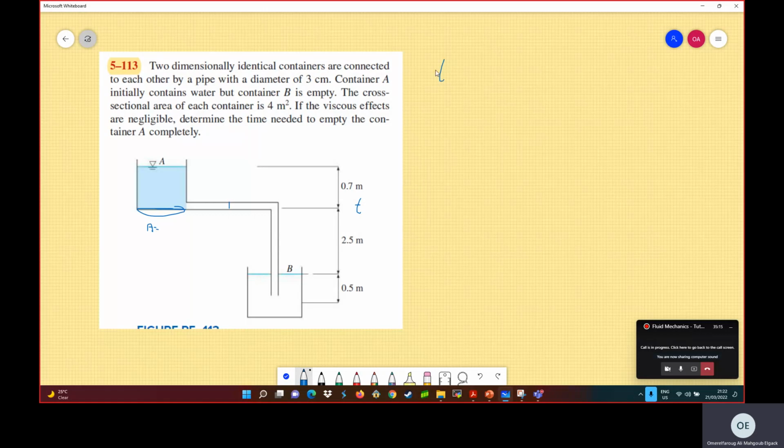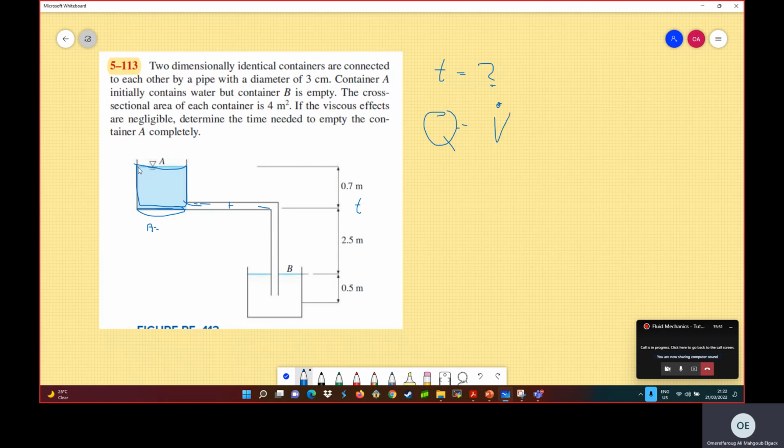Now, when we ask you about the time, he's asking about the time needed to empty container A, meaning the time needed for the volume inside container A to be discharged, the entire volume of the water here to be discharged, and become empty. So if you can find the volumetric flow rate Q or V dot,